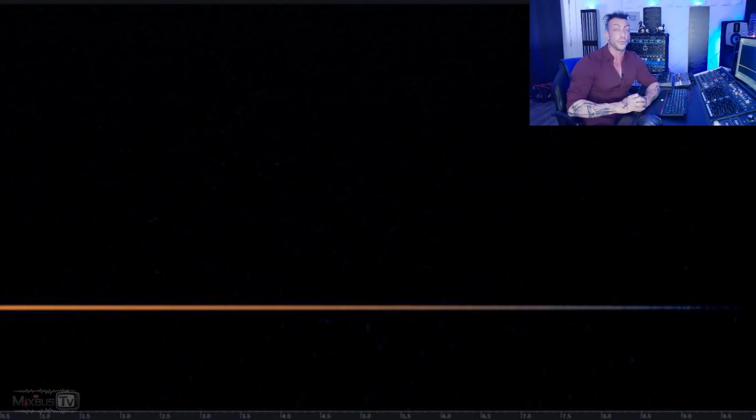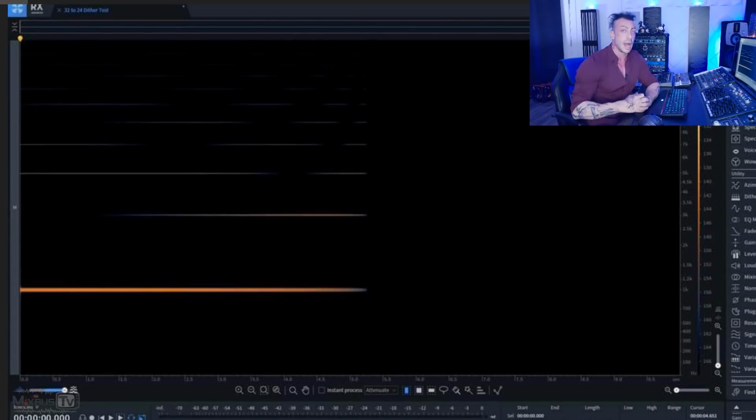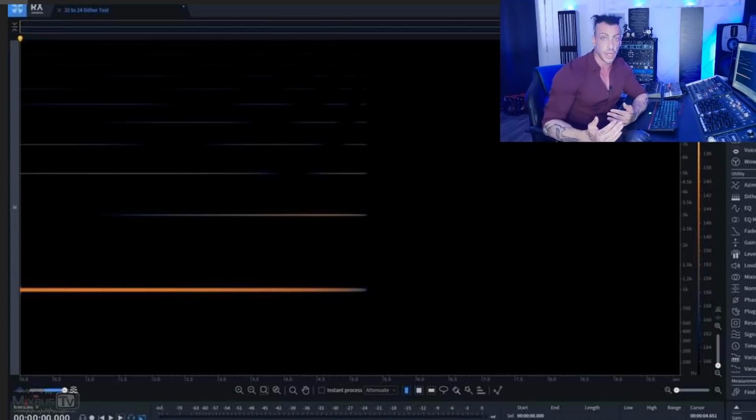Now, let's see what happens if we don't use dither. You see the signal here cuts off abruptly, and you can clearly see the quantization distortion. How does this translate in your music? To make it simple, every time there is a quiet passage, the tail of a reverb or a delay or a fade out, that distortion will be audible, and that abrupt cutoff will also be audible. That's what happens when you don't use dither.